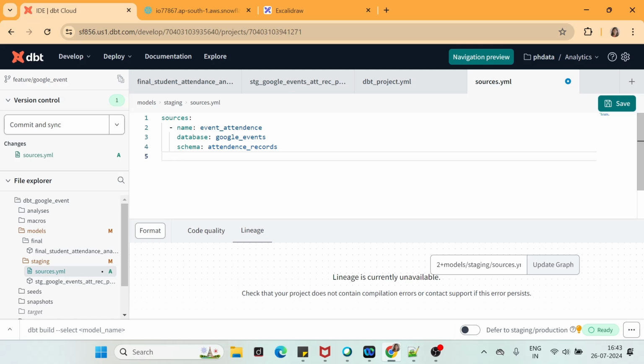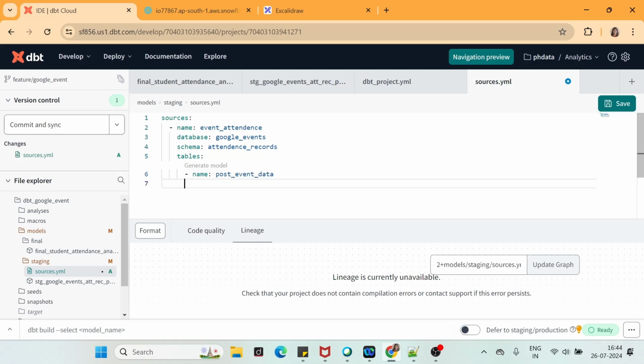Now, whatever tables I need from my database and schema, I have to declare them. So I will be writing tables. The keyword is tables here, not table. Now underneath I will be writing the name of the table which I need. Currently there is one table which we have created, which is post event data.